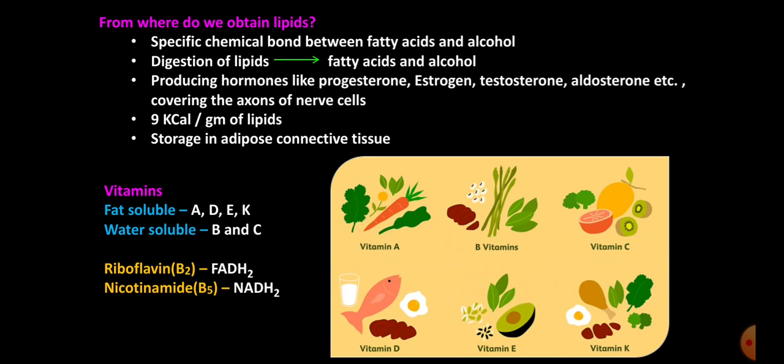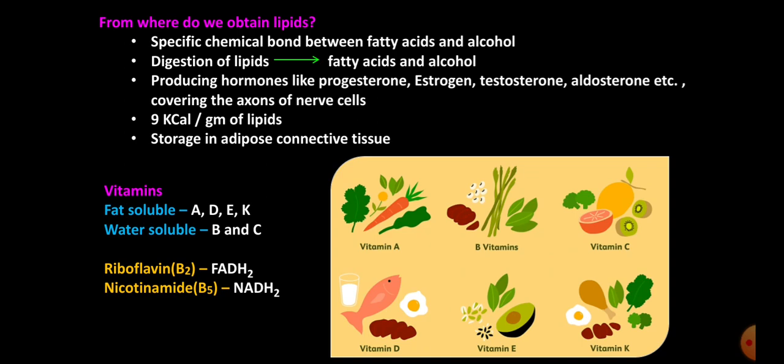Then there are vitamins present in our diet. This we had studied in detail in the lower classes. Just to revise, there are two types of vitamins, fat soluble vitamins and water soluble vitamins. Fat soluble vitamins can be stored inside our body, but water soluble vitamins cannot be stored inside our body. We have to consume them on a daily basis. Fat soluble vitamins are A, D, E and K, and water soluble vitamins are